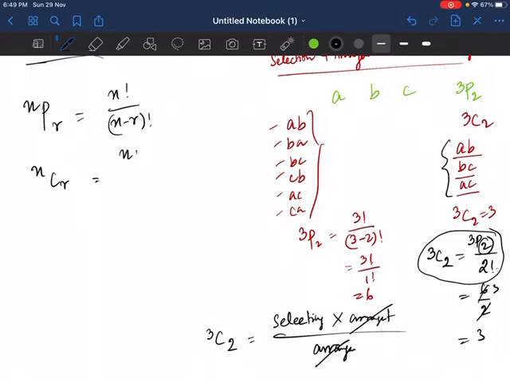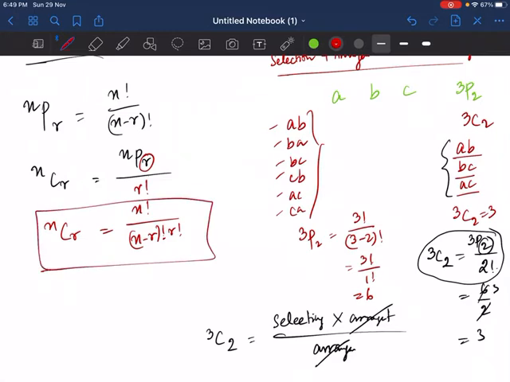So basically it is nPr. nPr means selecting plus arranging. So how many elements are we selecting? We are selecting r elements, right? So I need to remove the selecting-arranging part. How many ways can we arrange r elements? It is r factorial. So nCr is nothing but nPr divided by r factorial, and that is equal to, just put the formula of nPr, n factorial divided by n minus r factorial, times r factorial. That's the formula of nCr: n factorial divided by n minus r factorial into r factorial.